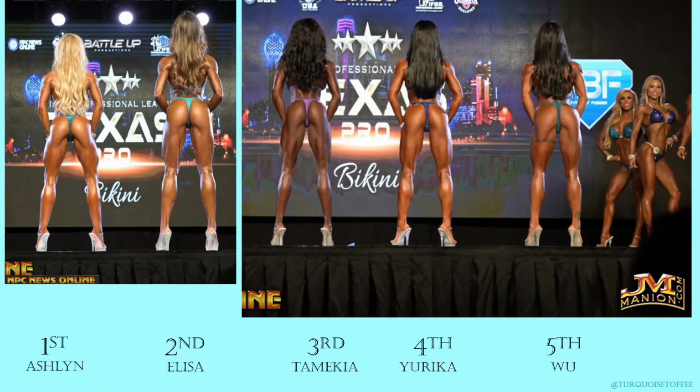And now from behind, oh my gosh, amazing. Definitely notice the lines coming down the glute ham tie-ins on Woo. I think she's got a really great amount of detail. Eureka, I think, could have had a little bit more sharpness in that area. Tamekia has some really great hamstring definition coming through. I think she has to be careful that it's not too much, too lean, too many hard lines in the